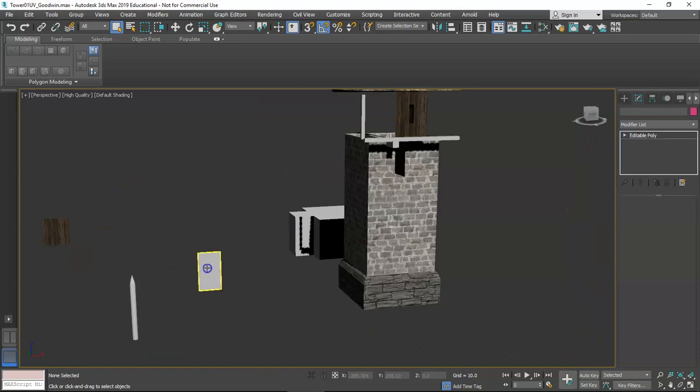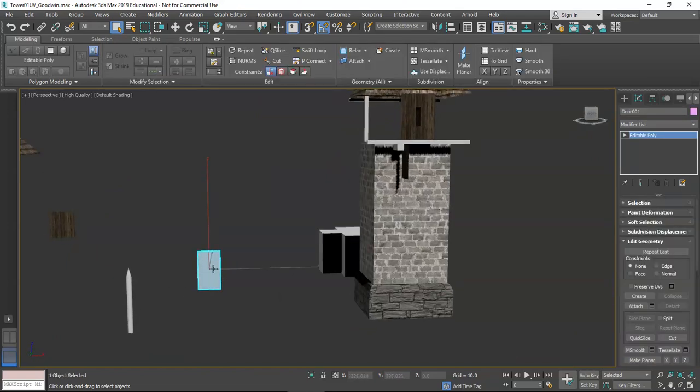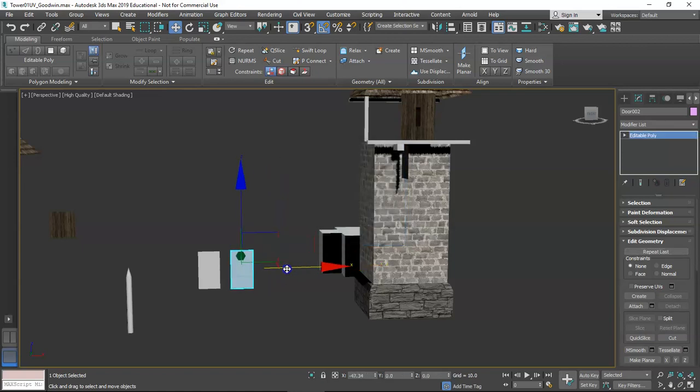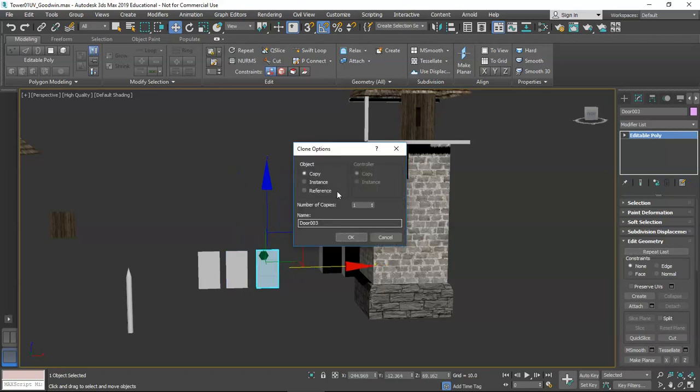So we're going to go ahead, and this is our door here, but we're also going to create a window as well. So we're going to drag this out, and we're going to do a copy, and we're going to name this one door 2 is fine. So we have 2 doors, and then we're going to drag this out, and we're going to do a copy again. This one's going to be window glass,